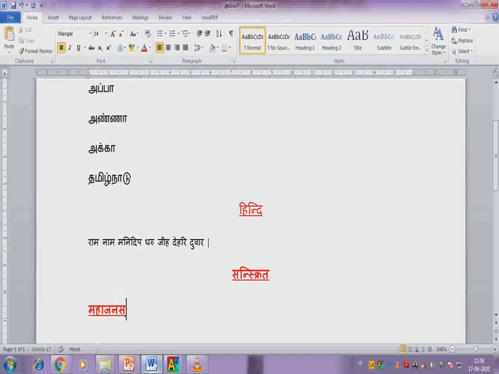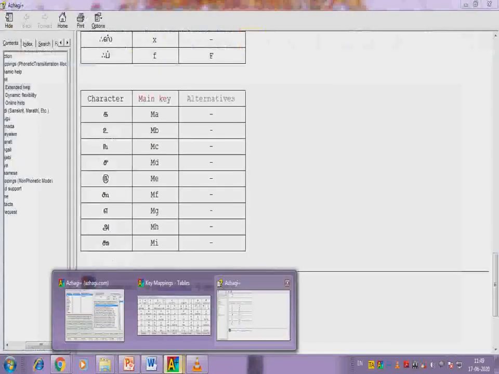Like this you have to try Hindi and Sanskrit font, children. So today I taught how to type Hindi and Sanskrit font in Azhagi software. To change the keyboard setting to type in Hindi, hold the Control key and press number 1 to get Hindi font. If you want Sanskrit font, hold the Control key and press number 2 for getting the Sanskrit font.